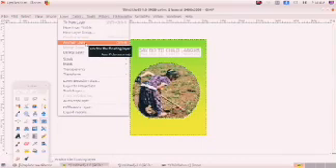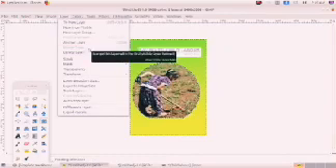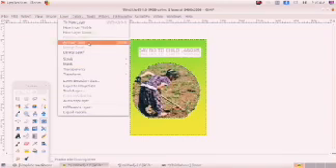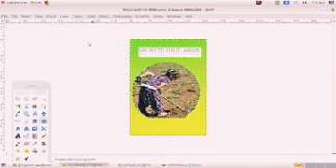Why do we select anchor layer? To fix the image with the background. Okay, now it is the single one. The poster's work is over. Next we have to save this work.